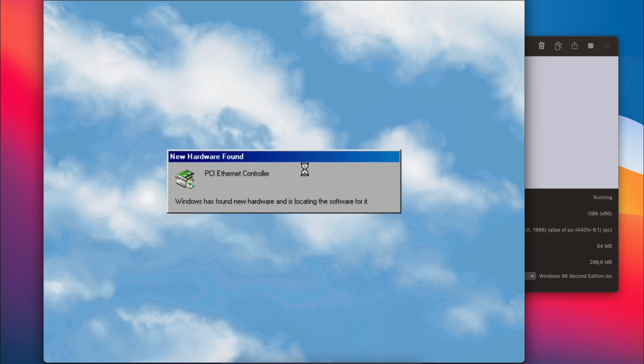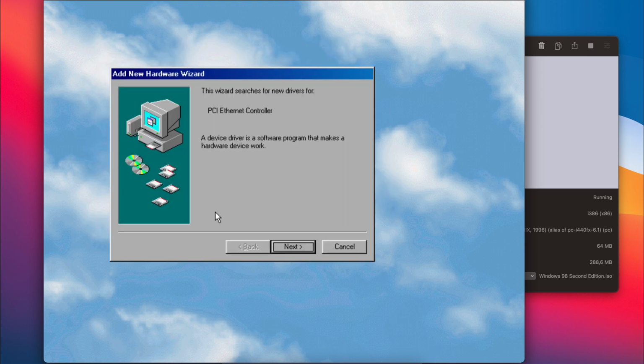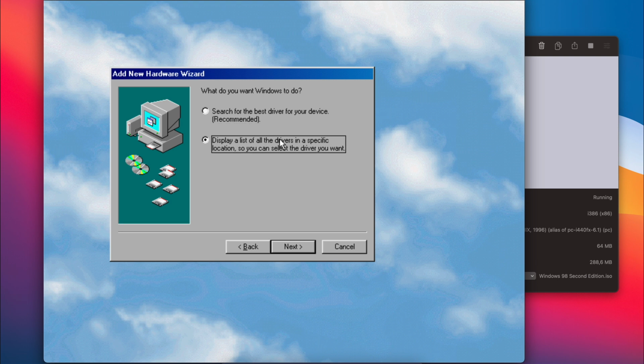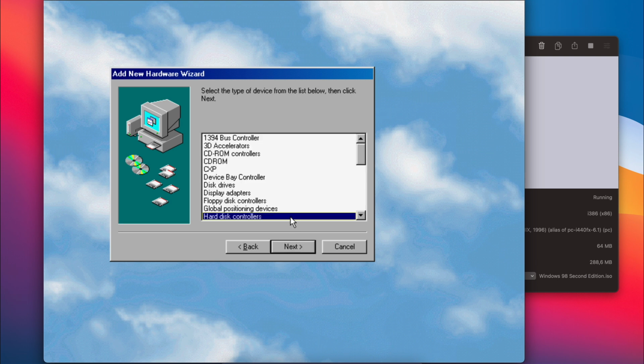At a certain point, when you see that the new hardware is called PCI Ethernet controller, we need to take a little different approach, as this is the network card for which we need to point to the RTL8139 drivers, which we copied earlier. For this, in the first screen, just click Next again, but then select the second option to display a list of all drivers instead. In the list that comes up, choose Network Adapters,